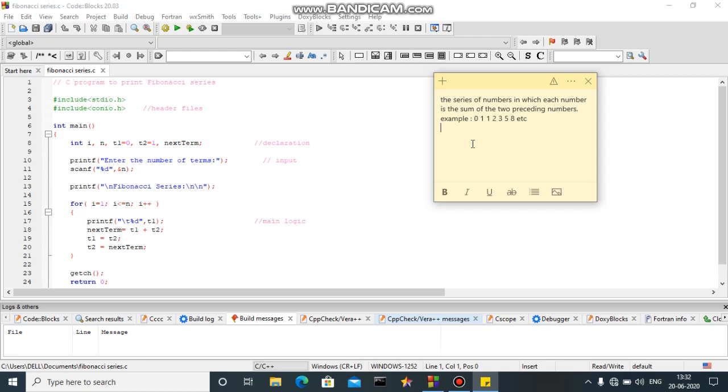So first of all, let's see what Fibonacci series is. The series of numbers in which each number is the sum of two preceding numbers.